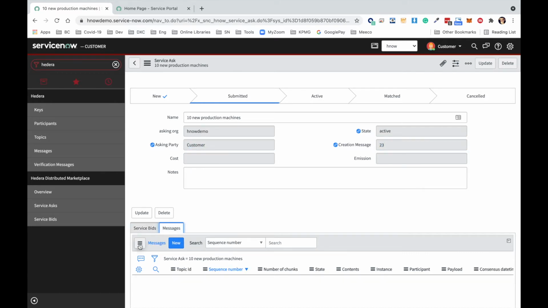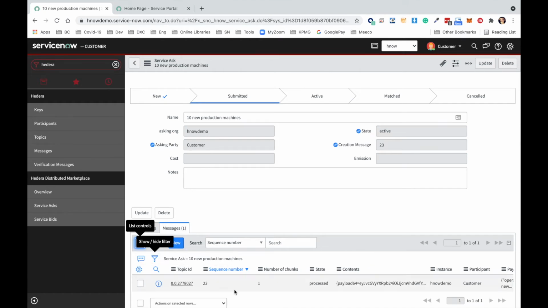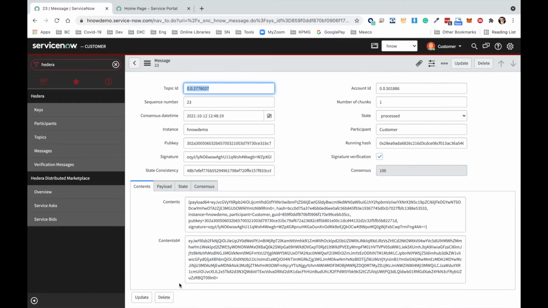If I refresh the message tab, I can see that there is one message that has defined the change of state that we just saw, and if we open the message we see that each message is represented by the unique sequence number in the topic ID.